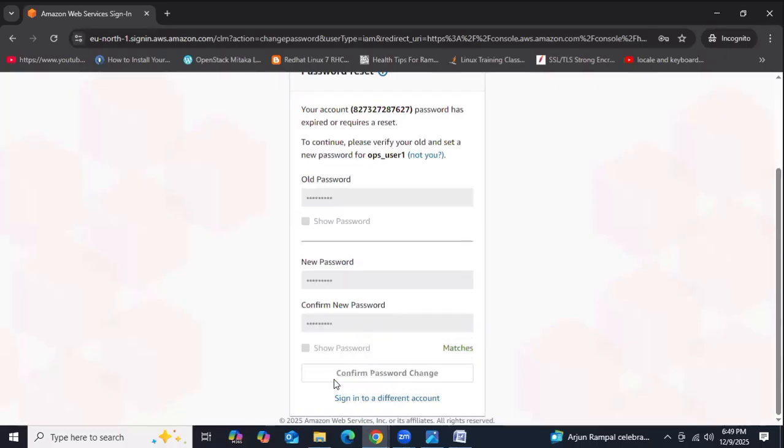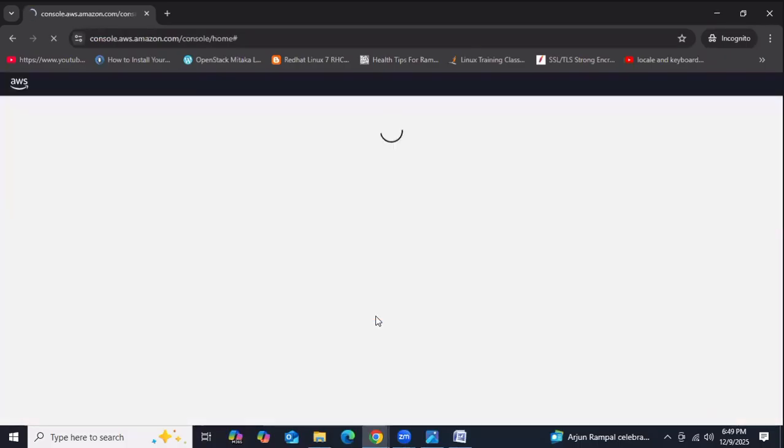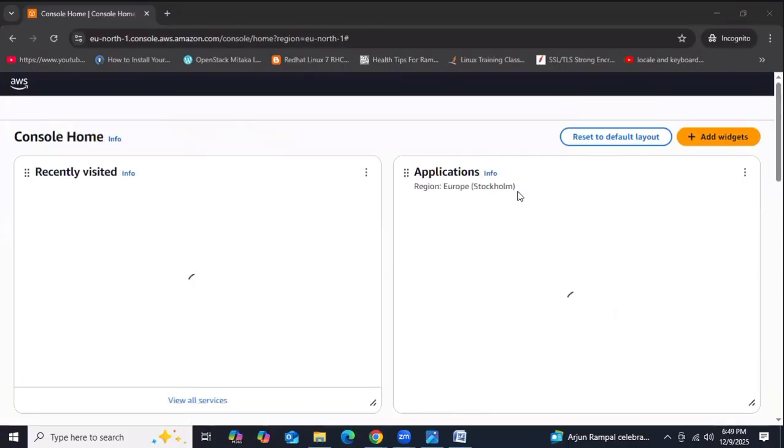Now click confirm. Then click continue. If you click continue, we are going to access the AWS console with the help of ops user 1. Clear, guys?